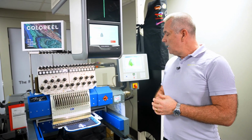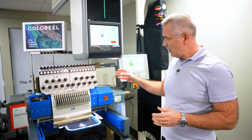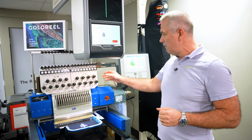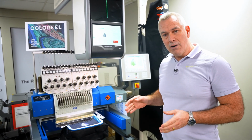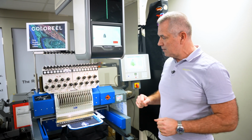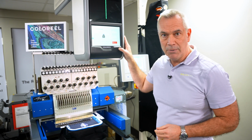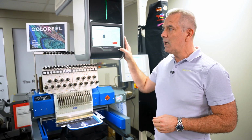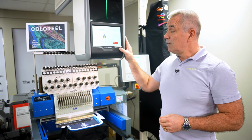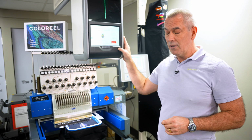And secondly, you also can reduce your cost and setup time using Coloreel, because in this particular machine, you have 18 needles. If you want to go above 18 colors, you have obviously to rethread and change the colors there. This machine, here we have 10 million plus colors in the machine. Again, it's a printer using the SMYK technology, so that enables you to have 70%-ish of the Pantone palette. So that's a lot of colors